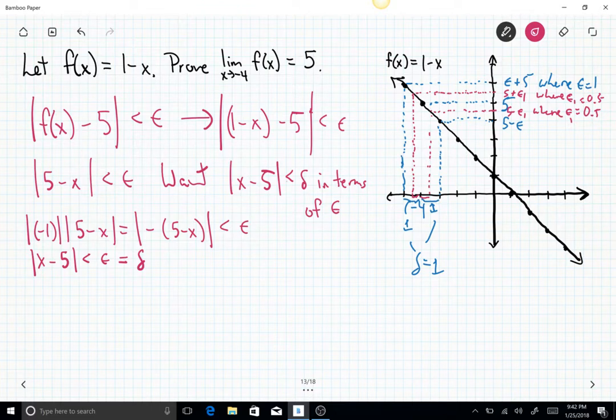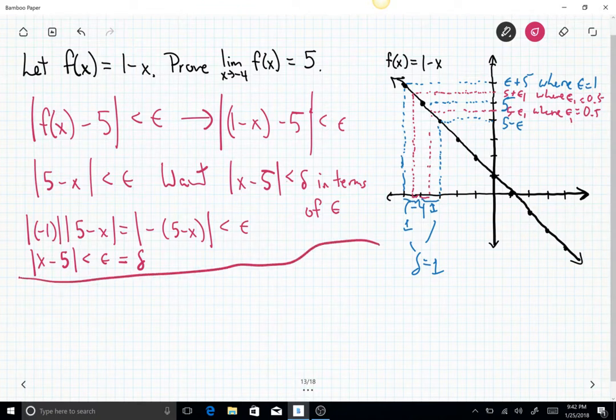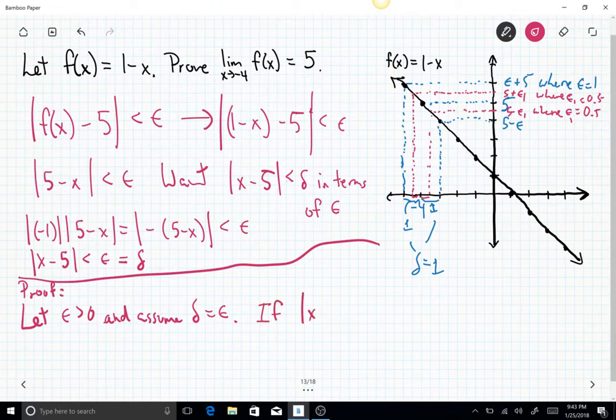So in terms of a proof, what actually happens? Well, if you were to write up a proof of this, for any given epsilon, we can find the delta. In fact, they're equal in this case. So let epsilon be greater than 0, and assume delta equals epsilon. If the absolute value of x minus 5 is less than epsilon, then